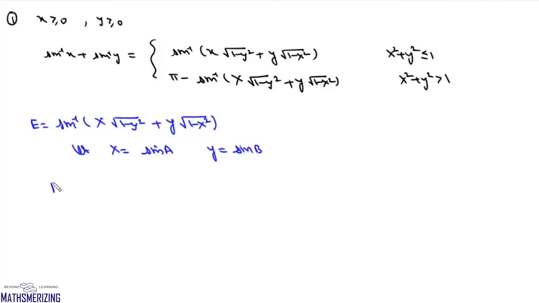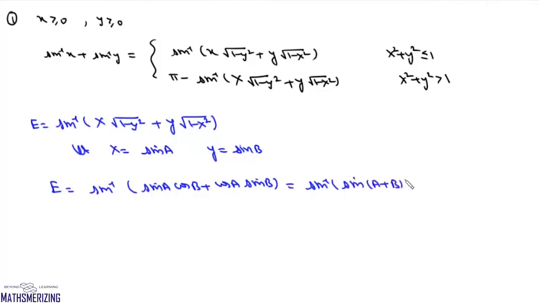So we can write this expression E as sine inverse of sine A cos B plus cos A sine B, and that is nothing but sine A plus B. So we can write this as sine inverse of sine of A plus B. Now we can cancel sine inverse with sine if A plus B lies in the principal value